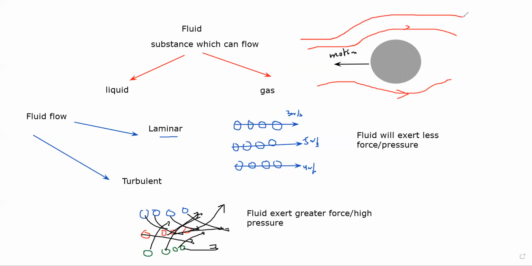So if the flow is laminar, then there is equal spacing between the streamlines. But if I want to make it turbulent, then the streamlines are random. So which side of this sphere will experience a greater force? Side means which point, A or B? Which point of this sphere will experience greater force from the fluid? A will experience it, because the turbulent flow is there, so that will cause greater force on point A.